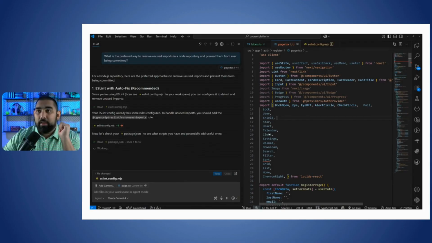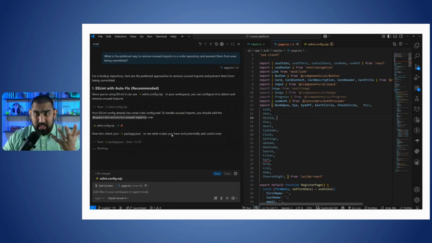Okay, so let's say we have this coding logic here and we have an error. I have all these unused imports. Well, I could just tell it, hey, remove the unused imports. But I'm constantly getting into this area where when I build my code and try to compile it, I'm still getting it. So instead of doing that and just